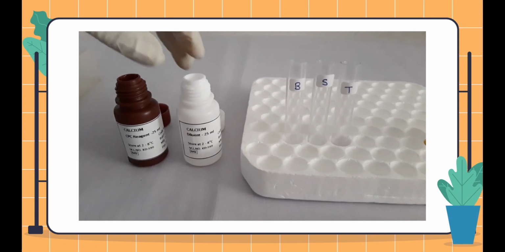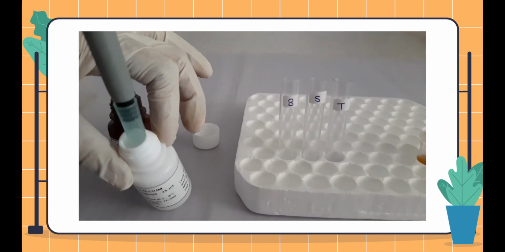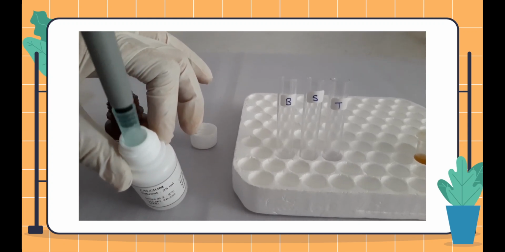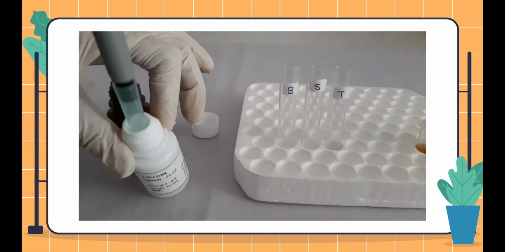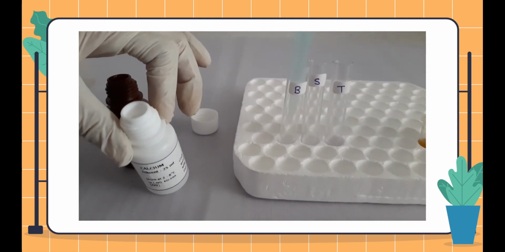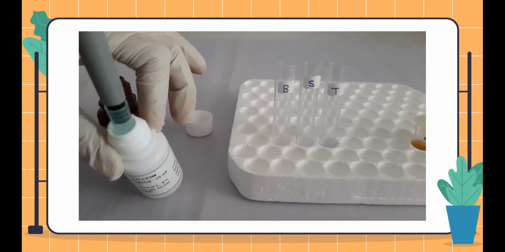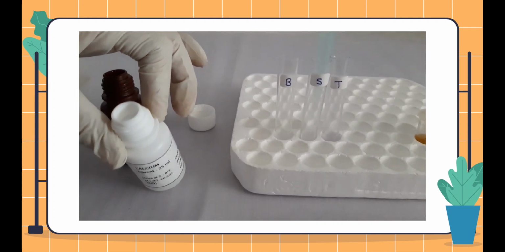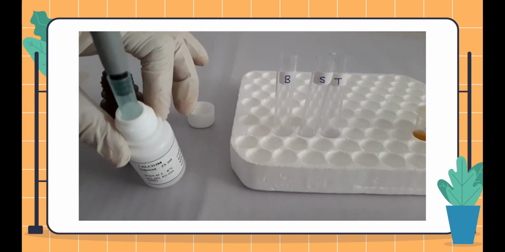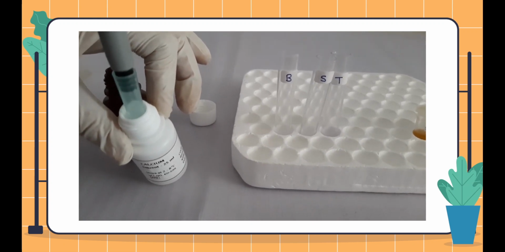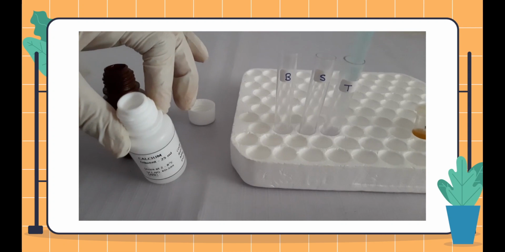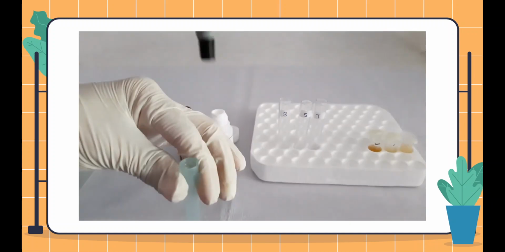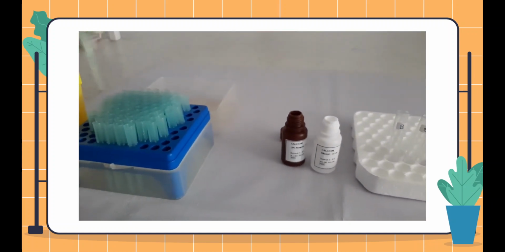To do this, first we will take 500 microliter of diluent without any air bubble, and then we will add it to the first tube which we have already labeled for the blank. Then we will take 500 microliter of the diluent without any air bubble and add to the second tube which we have labeled for the standard. Similarly, we will take 500 microliter of diluent and add to the third tube which we have already labeled for the test. Then we will change the tip